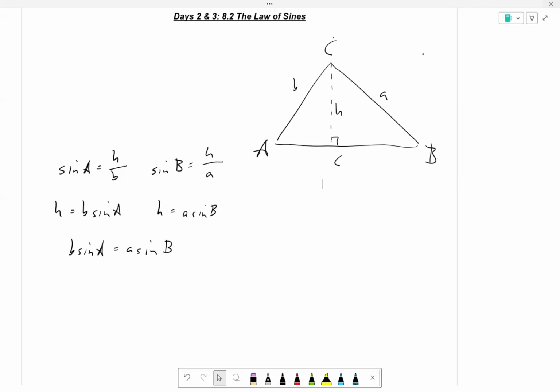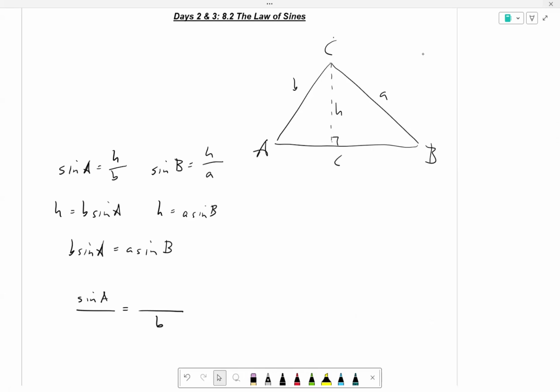We're good? Seems like most people finished. To finish off this idea, what I'd like to do is make a proportion. Now, if I write sine of A in the top left of the proportion, then something is forced, one of the quantities. Now remember, I want to have an equivalent to this equation here. What is forced if I put sine A in the upper left? Does it make sense that little b is forced to be bottom right? Does that make sense? Right, yes, sure. And then the other two, of course, have to be bottom left.